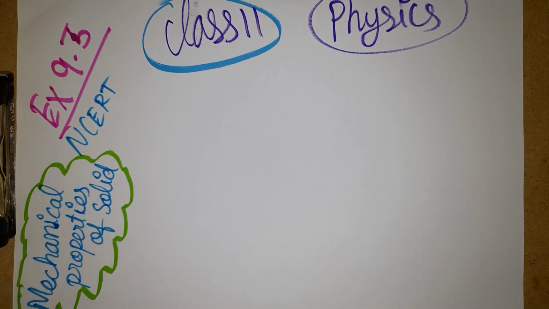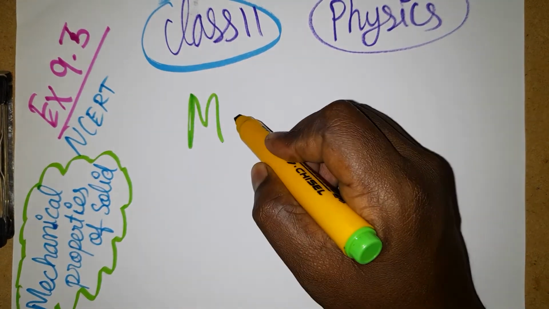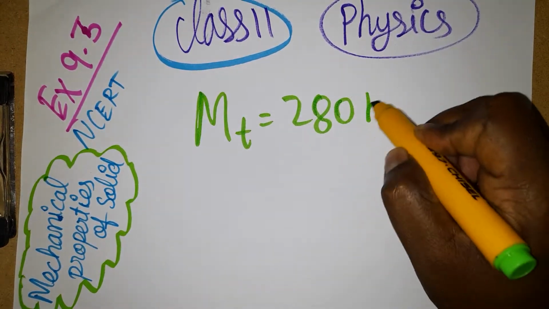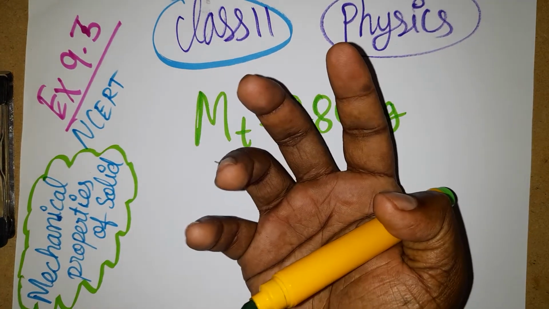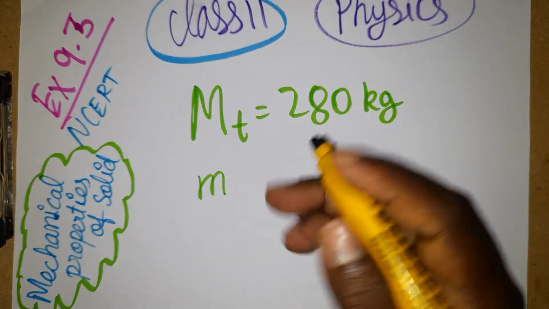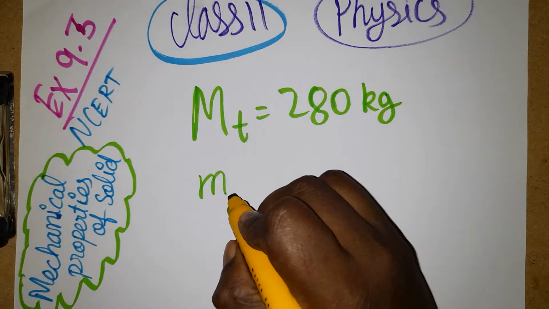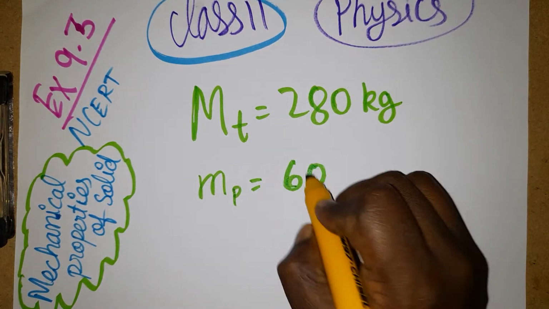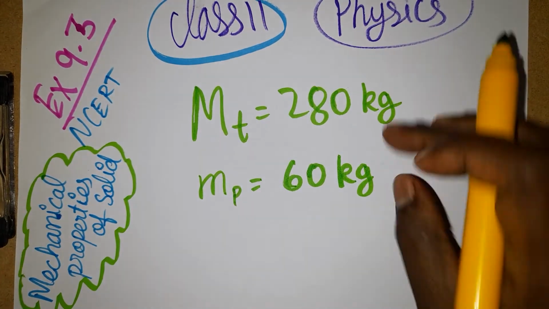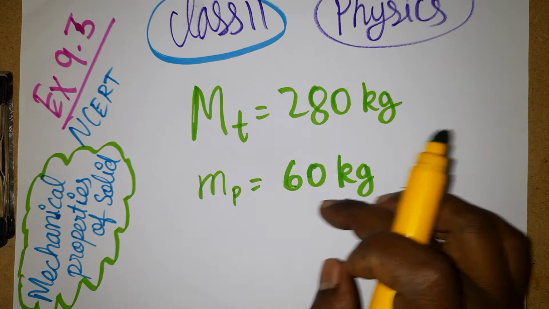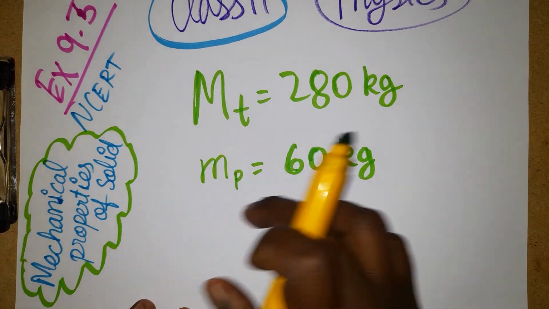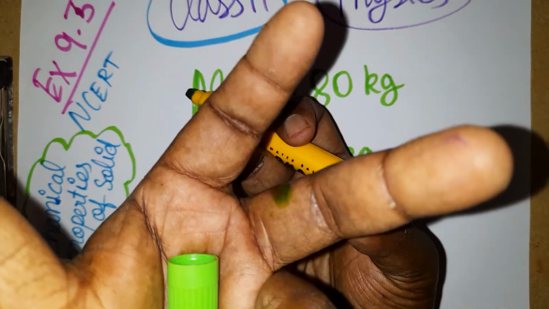Now we'll see what the given data is. The total mass of the performance which is given in the question is 280 kg. All the performers are standing in a single formation like this. The mass of the person who is holding everybody is 60 kg. His legs alone balance the whole mass. So we have to subtract this mass, then only we will know the resultant mass which is holding on him.